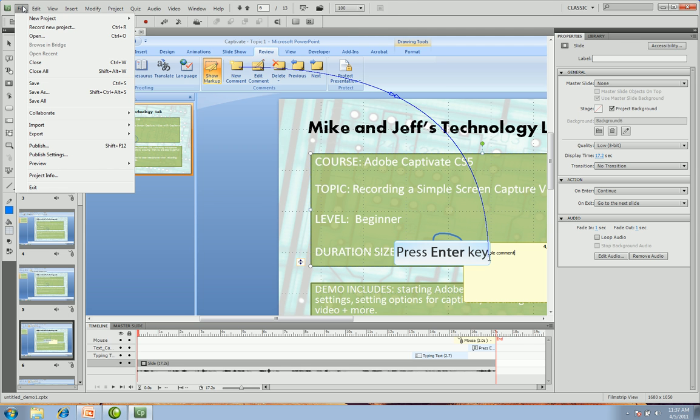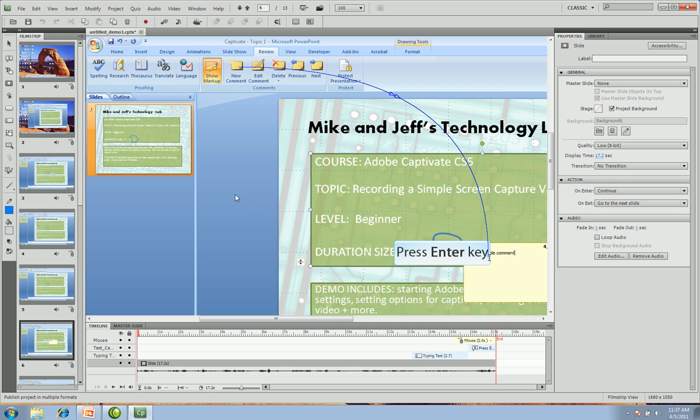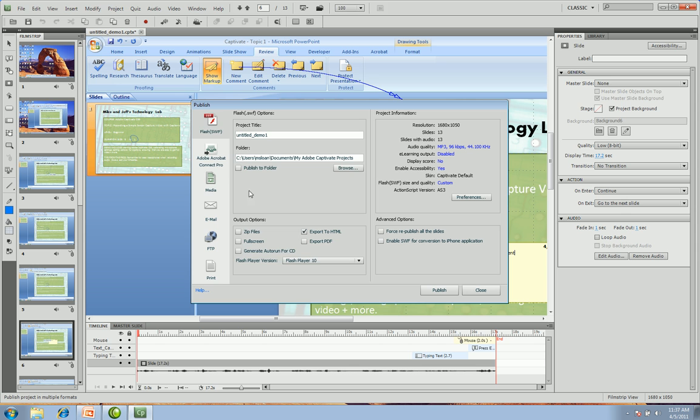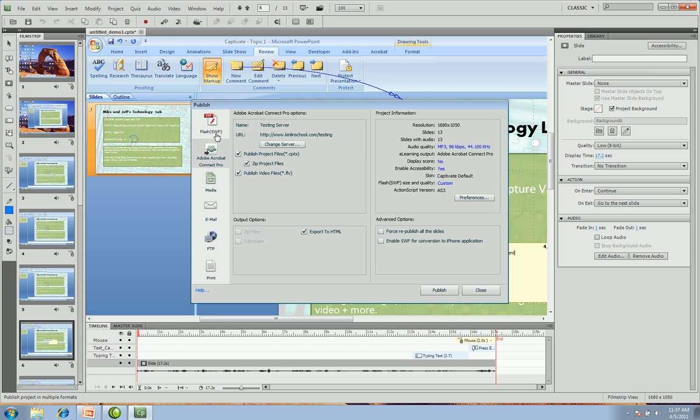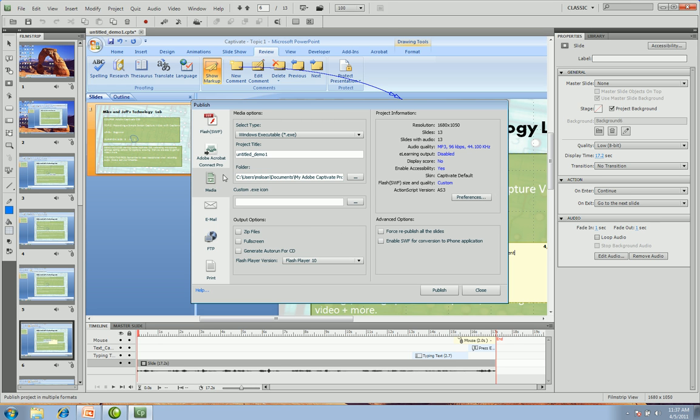So to publish, you go here and you go to publish. I wouldn't mess around with publish settings. They're probably fine the way they are. Just go into publish. We're not going to get into the various tabs where you can do lots of different versions of publishing. If you are going to publish online and put it into an online player, you probably want to go direct to media. And FV4 is actually the only one I've found that'll work with YouTube. Other recording programs are a little more user-friendly with their output video types, but this one is not quite as